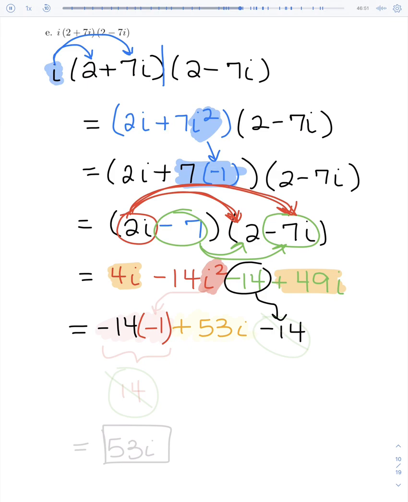Well, notice when I replace my i squared with the negative 1 here, what happens is I get a negative 14 times a negative 1, which will actually turn into a positive 14. So what this now gives me is a positive 14. Well, notice then I've got a negative 14 and a positive 14. Those will just cancel out because they're opposites. So the only thing that's actually left here out of all of this is just my positive 53i. So that's my final answer, is actually just the positive 53i. Let's take a look at